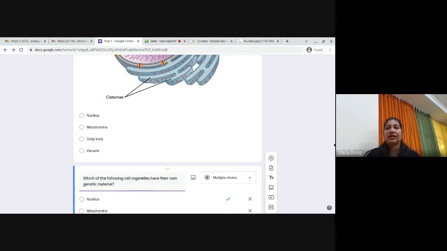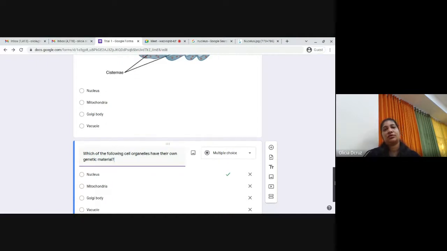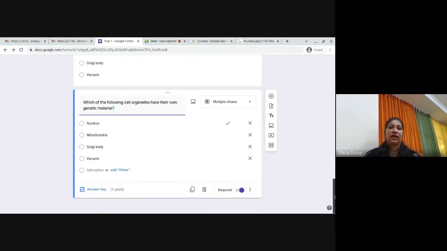Now I can give the options as nucleus and mitochondria, or I can give the option as mitochondria and plastid, or any of the options I can give, where one set of options is correct. But I don't want to give two options. I want them to select.